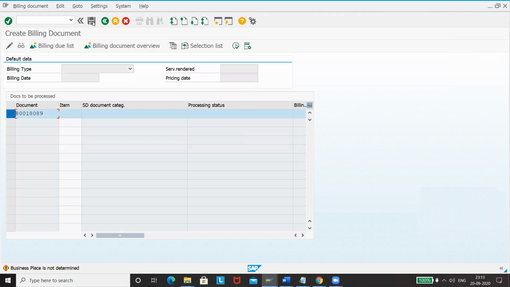Which is fine. That is for GST. This is also fine. You'll just have to click on enter. See, document has been saved. Means this document is saved for invoice.